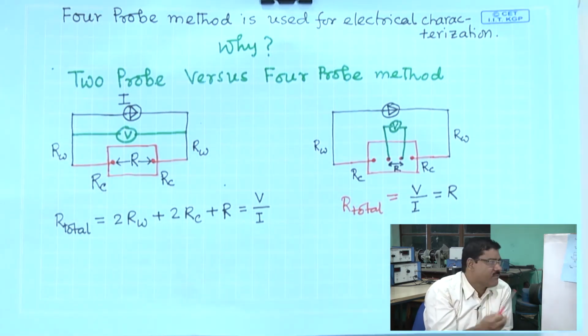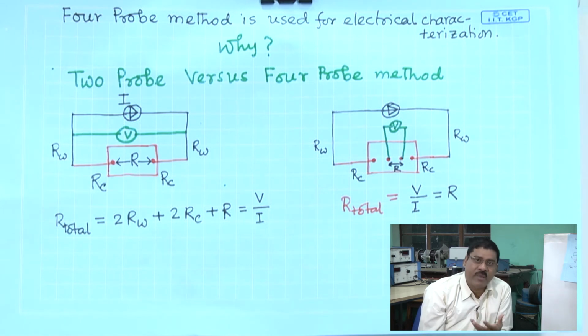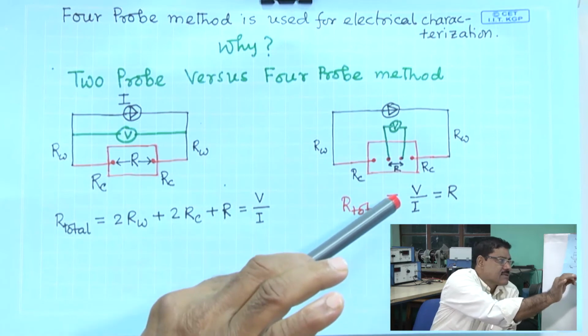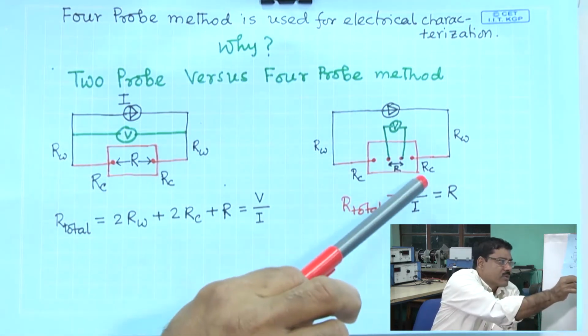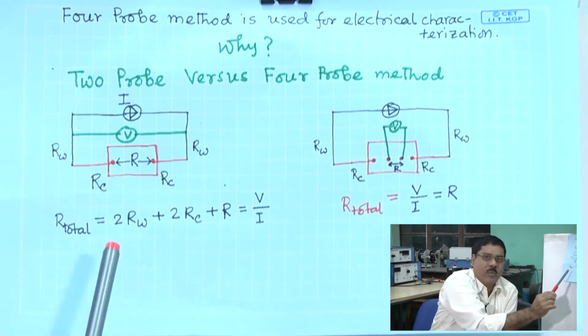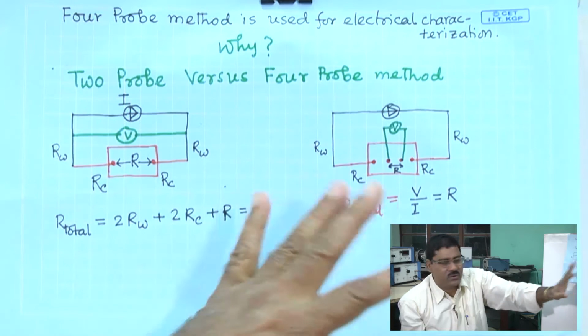Generally, so far you have probably used the 2-probe method for different electrical characterization. In case of Ohm's law verification in class 11, 12 or class 10, you have done that experiment. The way you have measured there is called the 2-probe method. But in this case, we will use the 4-probe method, and the 4-probe method is superior to the 2-probe method. So, one should understand this method clearly.